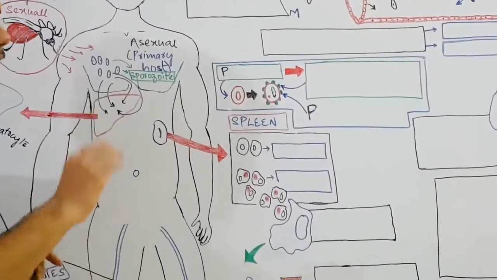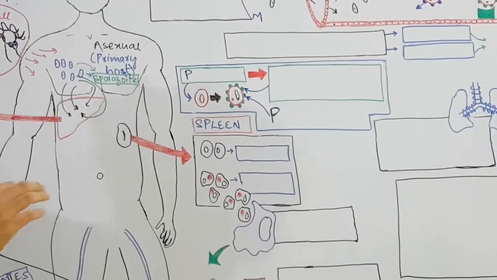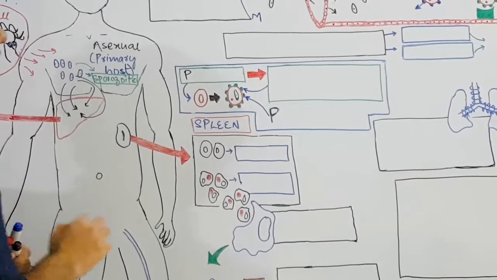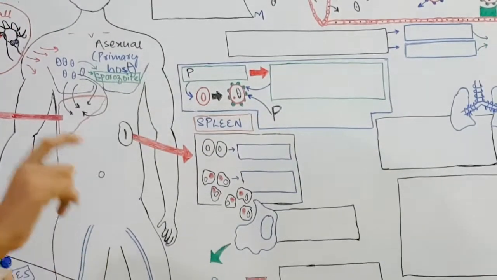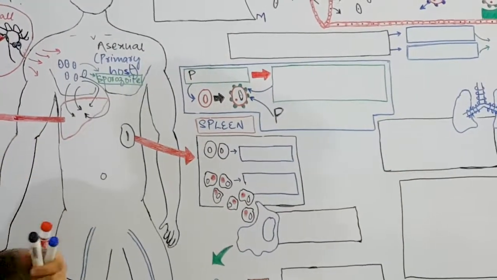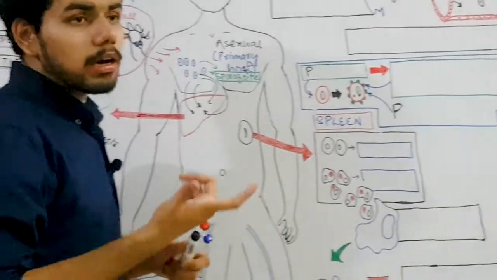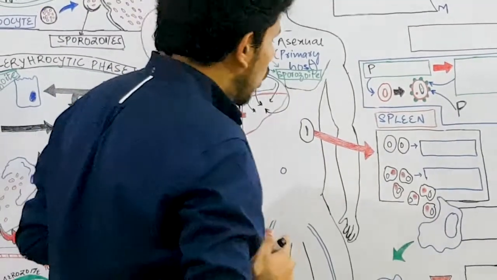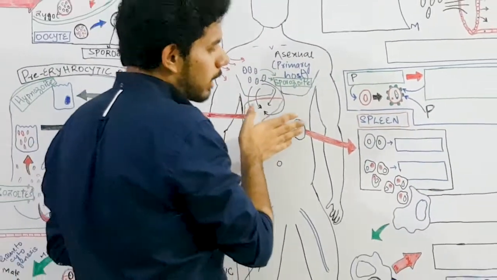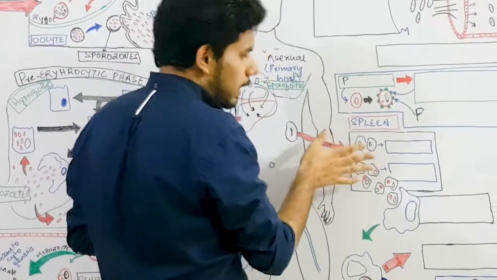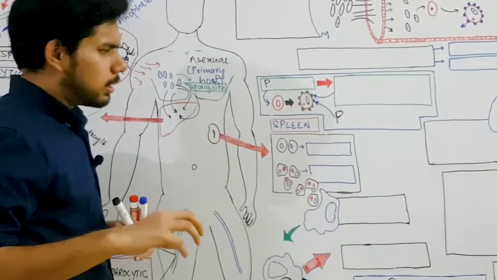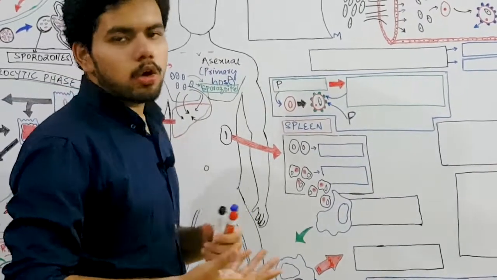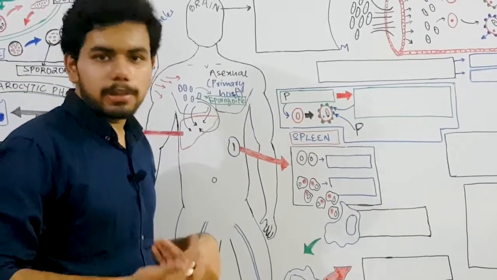And the second site where we are going to see the pathogenesis of malaria is our bloodstream. So the spleen works as a filter of your body, or you can say a filter of the red blood cells or your blood. All the damaged or deformed red blood cells come to the spleen. The spleen captures those cells and removes them from the circulation. So you can say the spleen works as a quality control center of your blood.